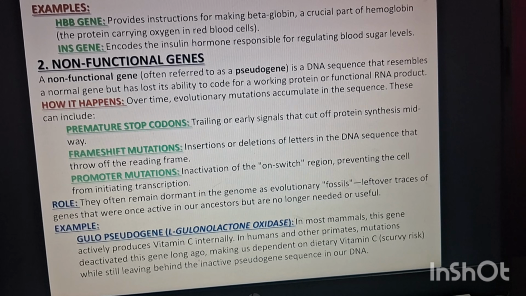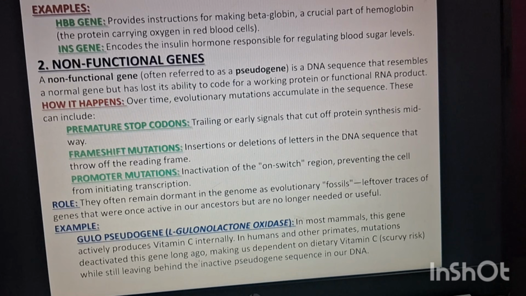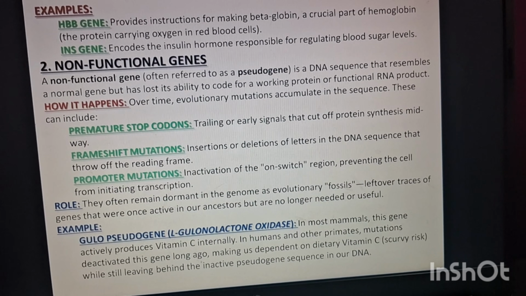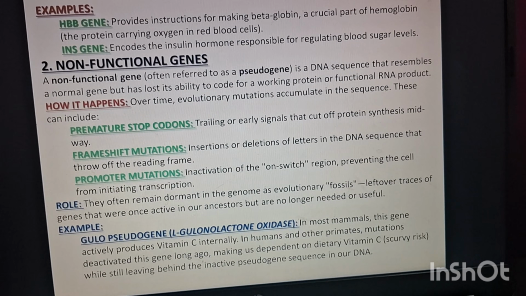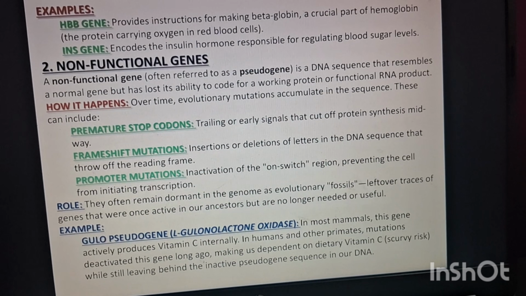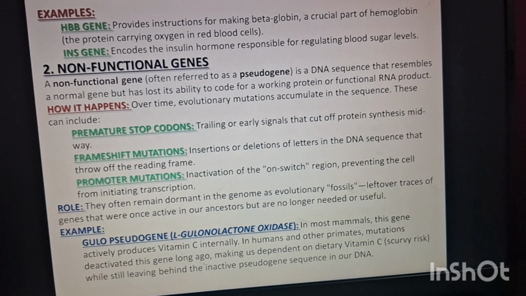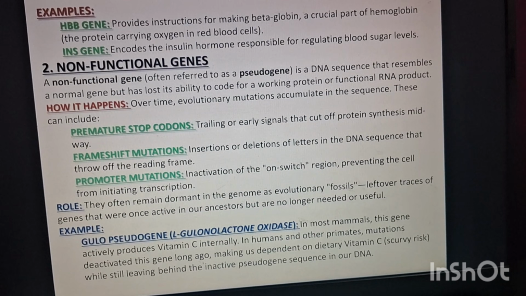Next, role of the non-functional gene. They often remain dormant in the genome as evolutionary fossils, leftover traces of genes that were once active in our ancestors but are no longer needed or useful. Next, example of the non-functional genes,